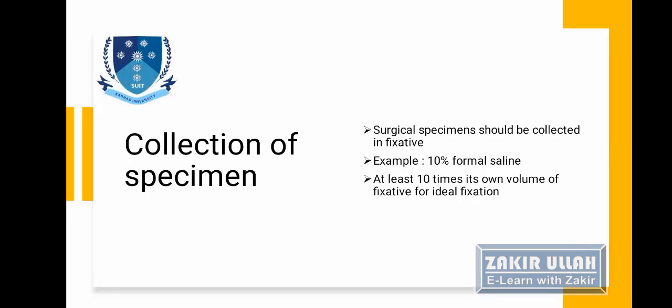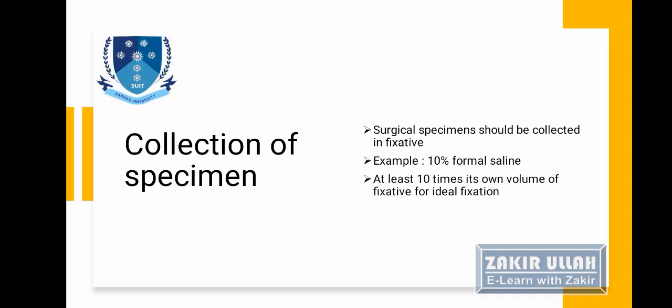So starting from the beginning, sample collection. How is a biopsy specimen or sample collected? The procedure is that when any surgeon or doctor removes a specimen or an organ or a tissue, that tissue is called a biopsy, because that sample is taken from the living organism. So to preserve this tissue, to preserve this organ, it is placed in a compound, in a chemical substance